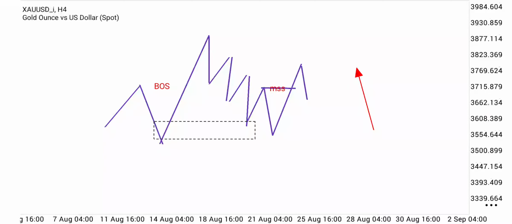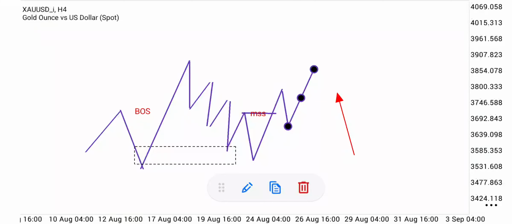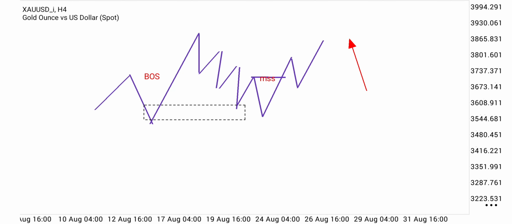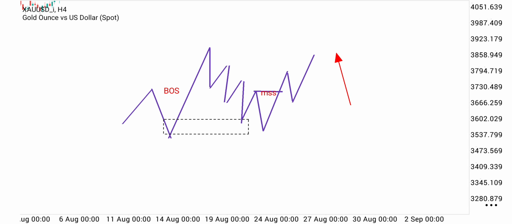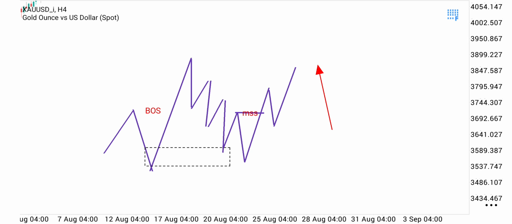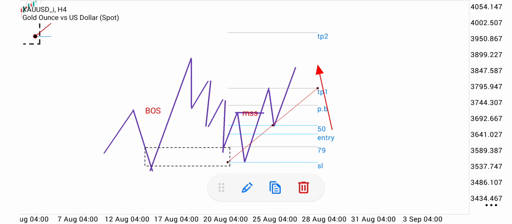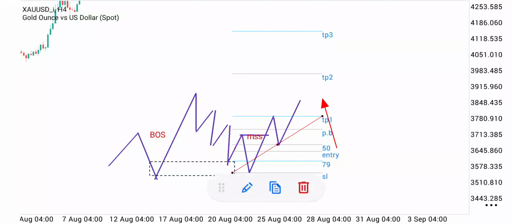Then after that, you would expect the market to go up, maybe up to this level. What I do most of the time is I open my fib levels, then drag from this side to this area. Then I would expect the price